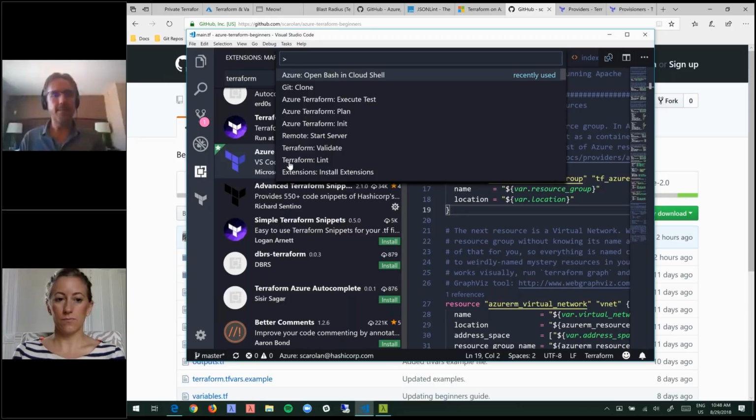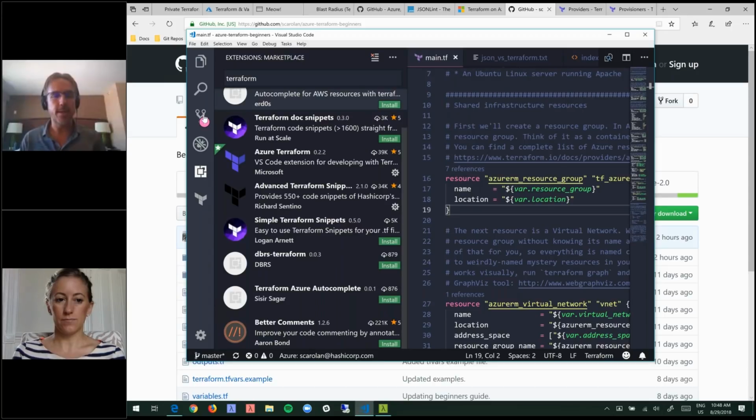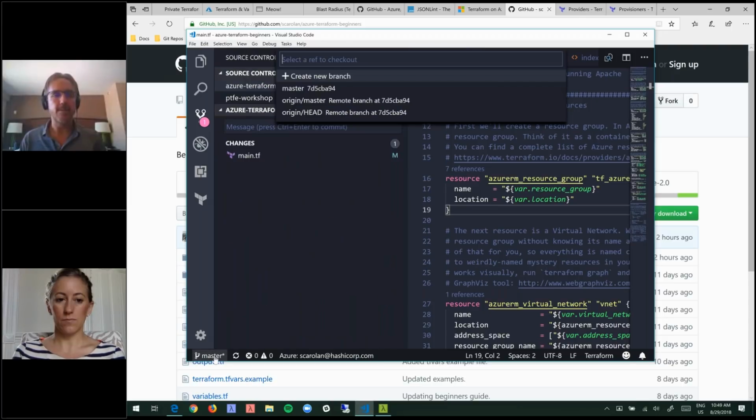Git support is built in too. So that's a really neat feature as well. Your source code settings will automatically be picked up, and Visual Studio Code will tell you what branch you're on. It will let you make changes. You can do commits, and you can do all sorts of things with your source code provider right from within